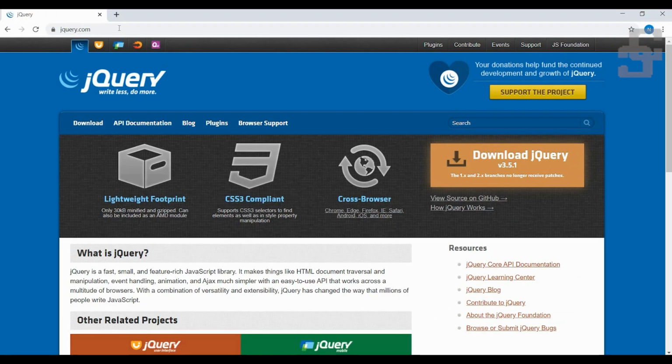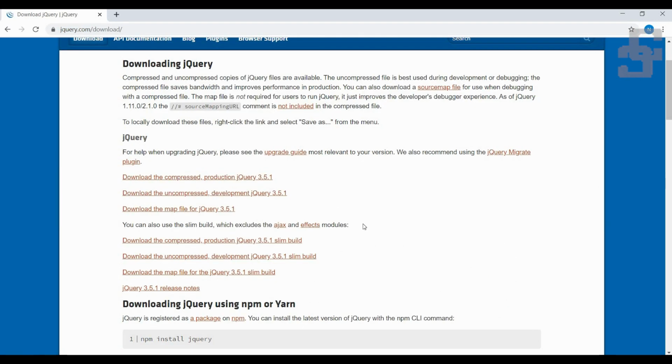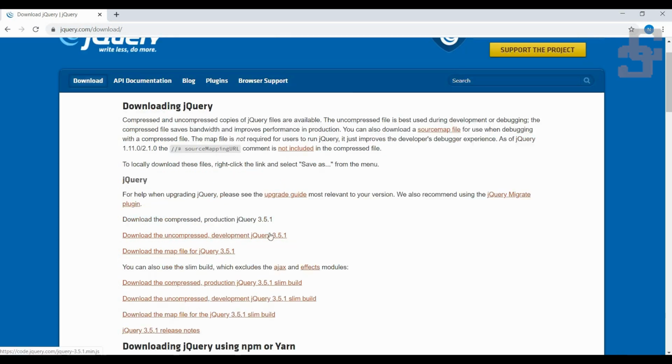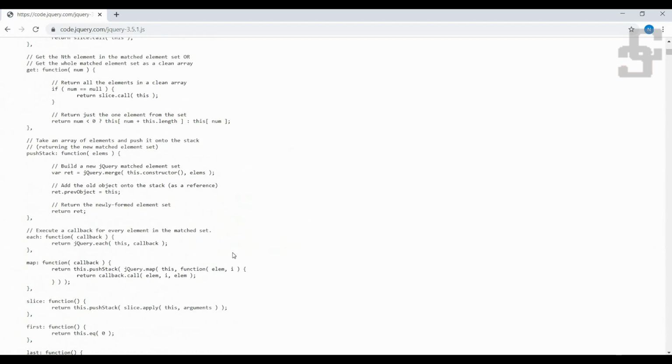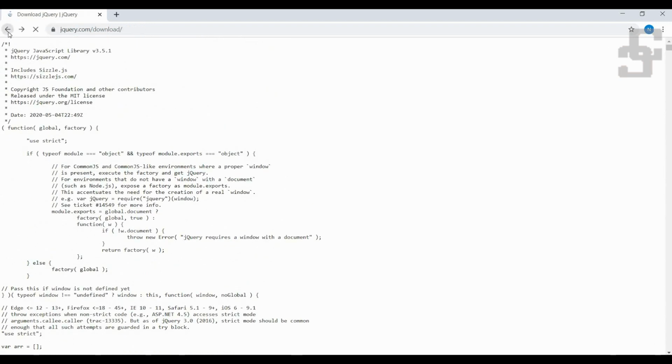Go to jQuery.com. So I have opened it. Click on download. You can see here the current version of jQuery. So you just click on it. You can download the compressed or uncompressed version. The compressed version comes with minimized code by eliminating extra spaces, line feeds and shortening the variables and functions. Here I am downloading the compressed one. Yes, see, this is the compressed version and this is the uncompressed version. So this was the difference.